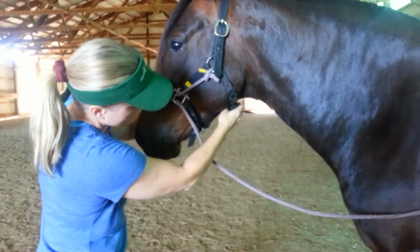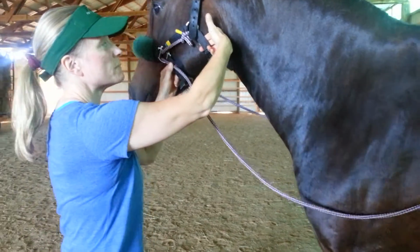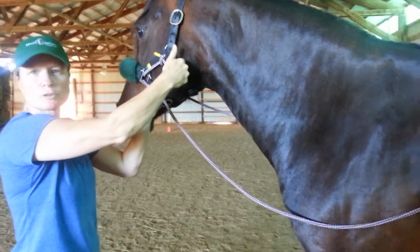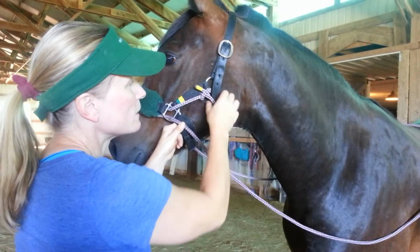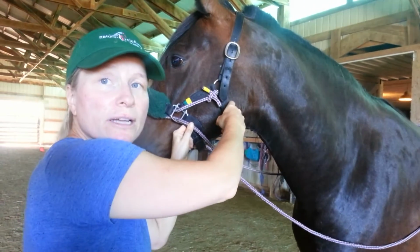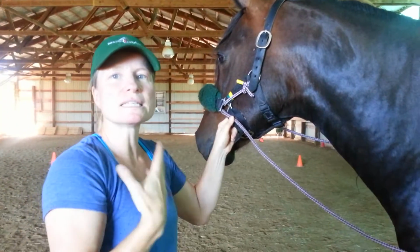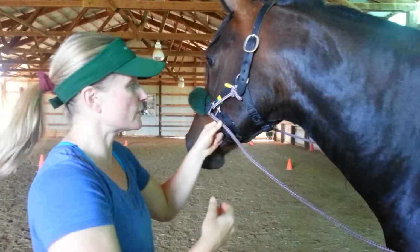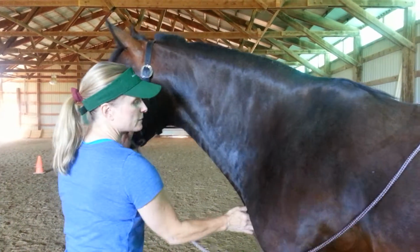the throat latch. And when I have that tightened, for working, I want to be able to have just a couple of fingers comfortably in here and really not make it any more snug, but not any looser either, unless I am working and allowing the horse to do a lot of releasing with their head, yawning, that sort of thing. And then the last piece,